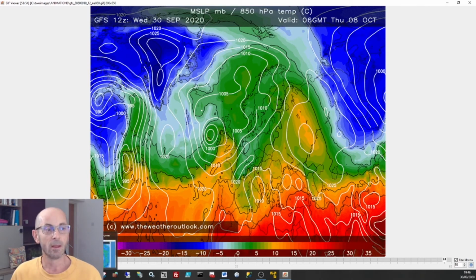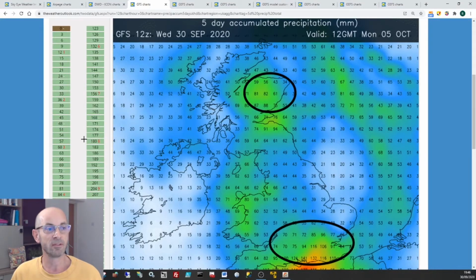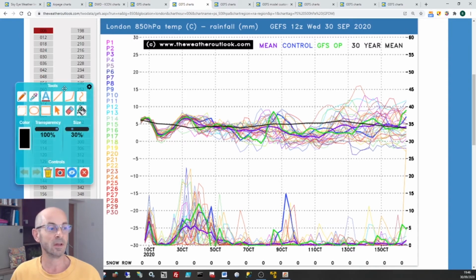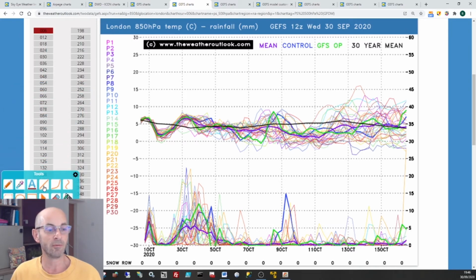Now, if we take a look at the 16-day plots to see what may happen during the second week of October, this is quite interesting. I know it goes against some of the forecasts, but this data is very, very new. It's just become available this evening. And what it's tending to point towards is the possibility of drier conditions developing during the second week